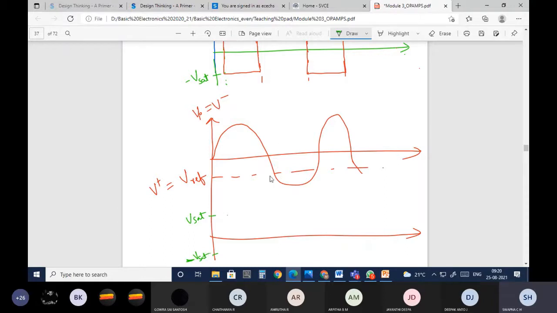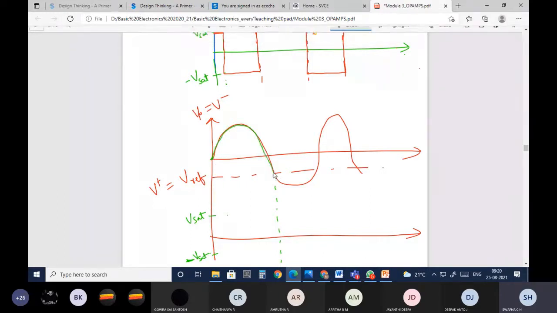Okay, so this is the reference voltage. I need to take it from here to here. For all this waveform above this line, I need to check what the output will be. Again, below this line, from here to here, I need to check the output. What will be my output for this portion? Then again, for this portion, I need to check the output.